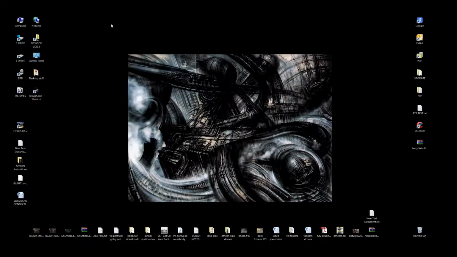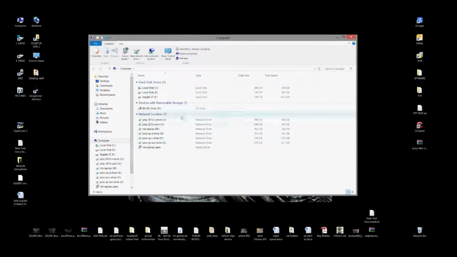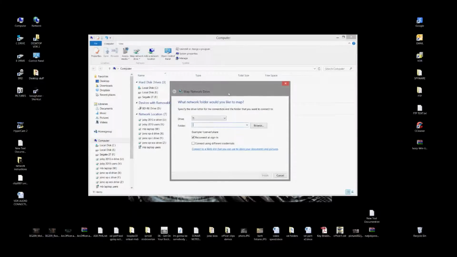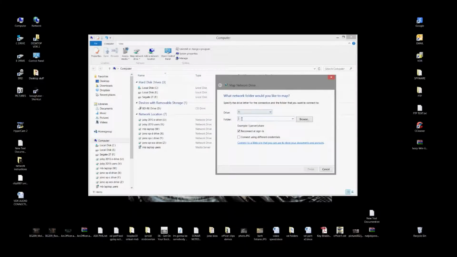And then on a Win 8 or a Win 7 computer, go into my computer, and like the XP one, go to map network drive, and type in the drive you want to access,